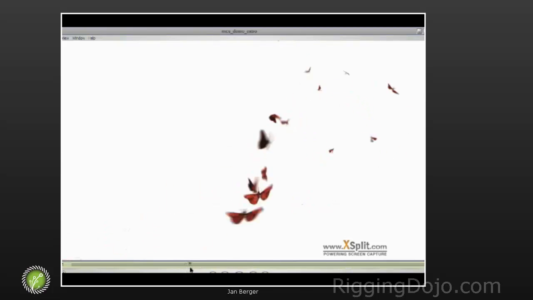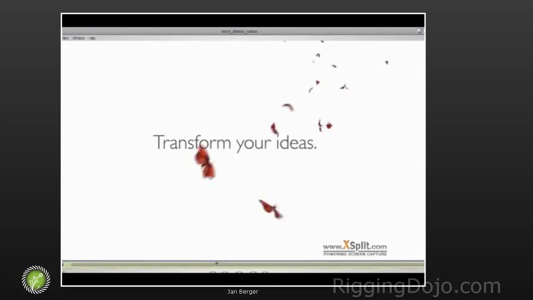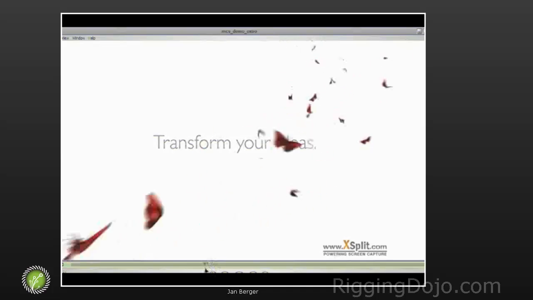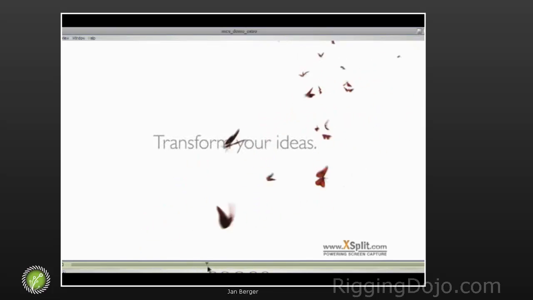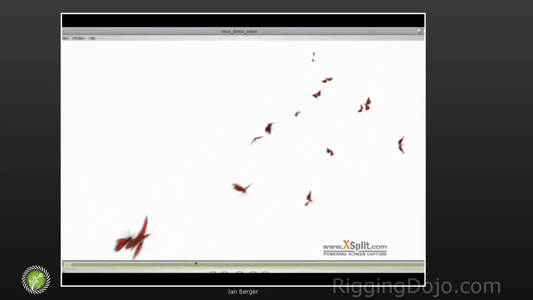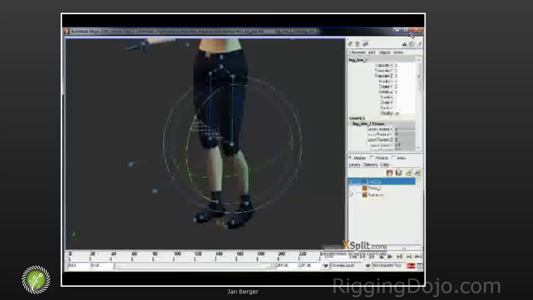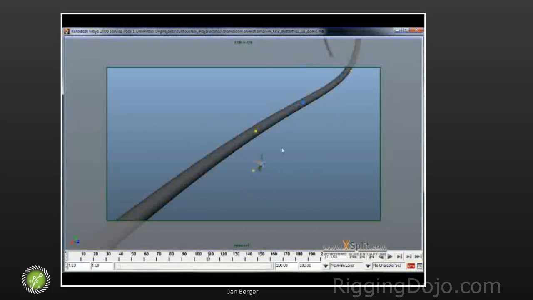And so in the end I had this challenge of creating this stream of butterflies, and while working on it I was wondering what would be the best thing to deal with it. And since I don't have Massive and I'm not a real crowd expert, I wanted to come up with something easy and simple that I could control, and came up with this, which I want to share with you right now, which I thought might be interesting to see or to illustrate that you can do things with MCS a little bit,